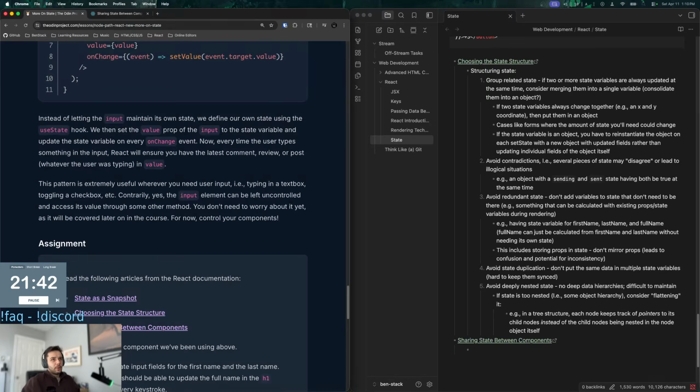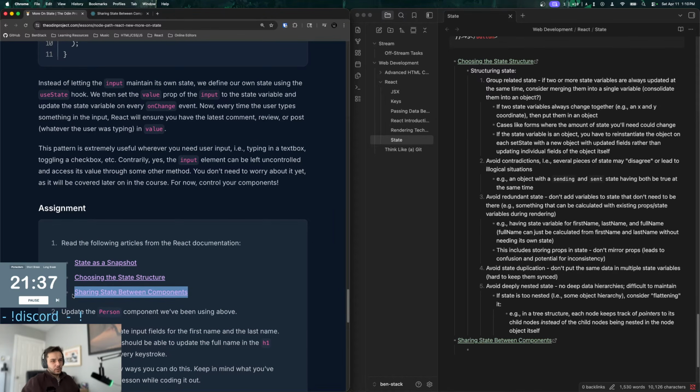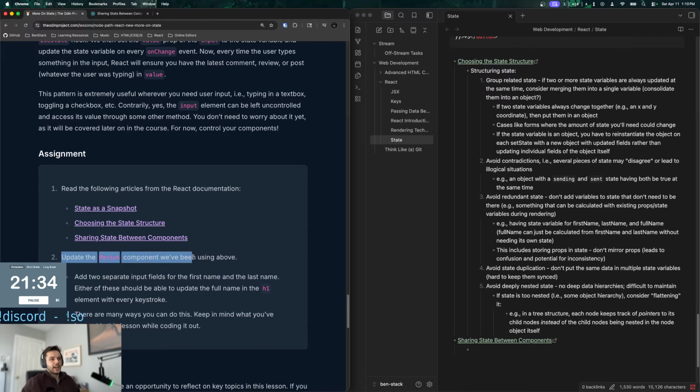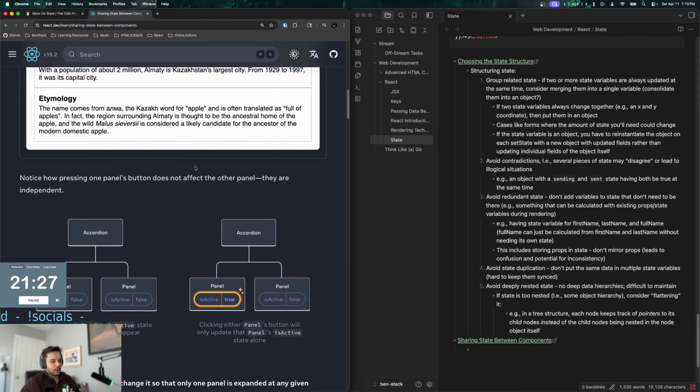I was just gonna finish up this lesson, Sharing state between components, and then I'm going to do this little task with the person component as the example, and then I'm going to move on to that project. We should be good now. Let me know if anything else is weird. Let me know if the rain audio is too loud, too quiet, whatever.